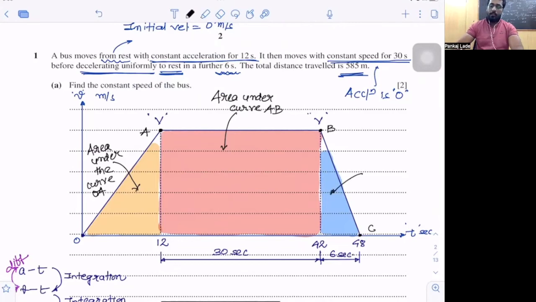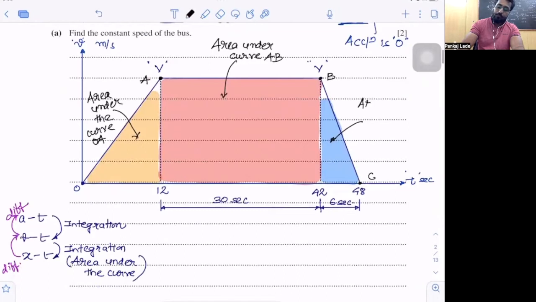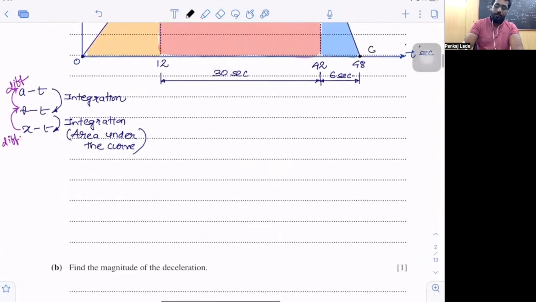So this is area under the curve BC. So I can say area under the entire VT curve is equal to the